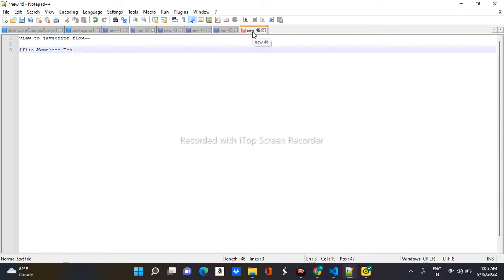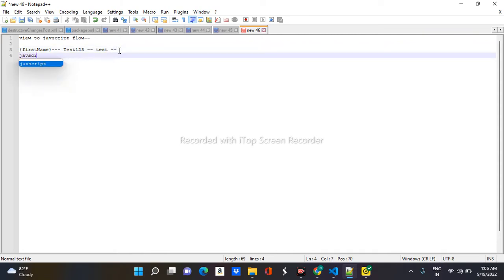Suppose initially it has test 1 2 3, and then you modify it to test. In LWC, direct mapping from the view to JavaScript is not happening. It will not have the updated value. The view will have test, and your JavaScript will have the old value,